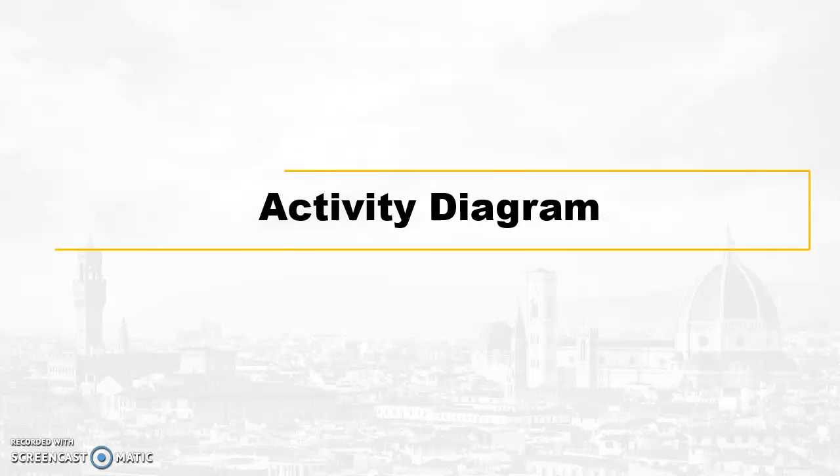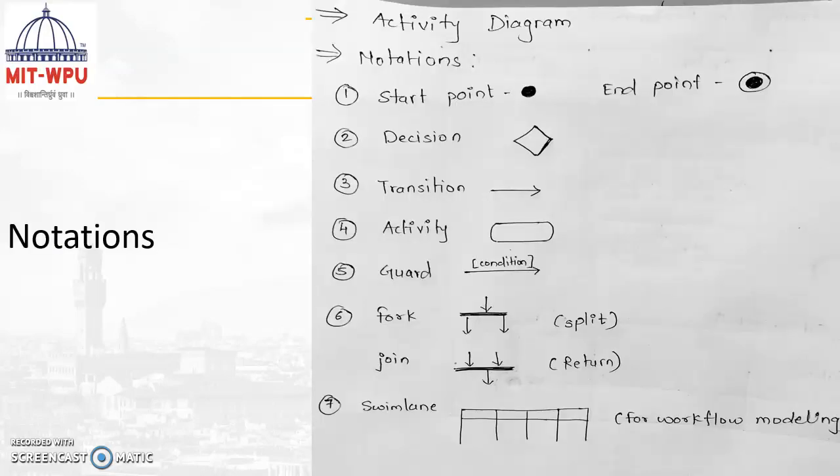So now let's start with an activity diagram. In an activity diagram, initially we use it to represent the different activities or actions performed by a problem statement. Here the activity diagram is going to use different notations. The first notation is the start point, which we represent as a filled circle. The next notation is the end point. As there is a start point, we have to end the activity diagram with the help of an end point, and you represent it as a circle with a small filled circle inside.